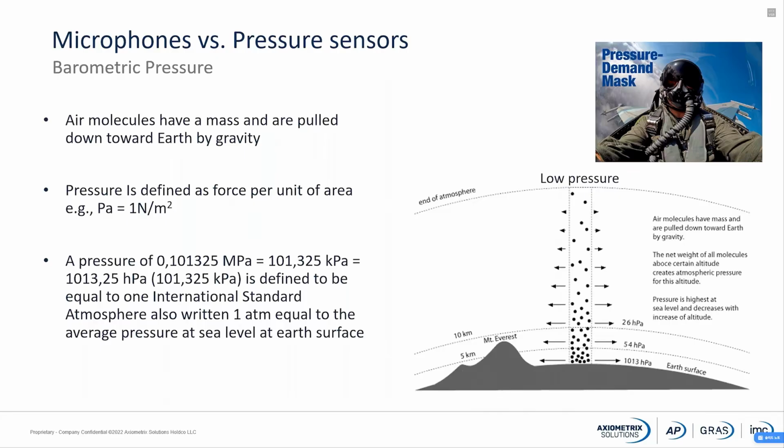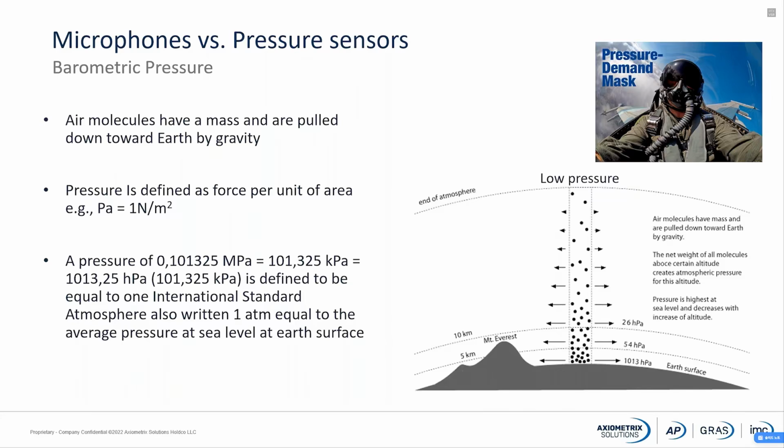If you talk with a metrologist, he will talk about hectopascal. And if you take the average pressure at sea level around the world, it is 1013.25 hectopascal. And this is also called 1 atmosphere, and that is equal to the average pressure at sea level at the Earth's surface. So that means that if you're coming up to Mount Everest,